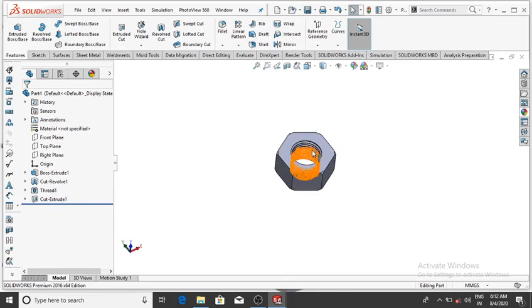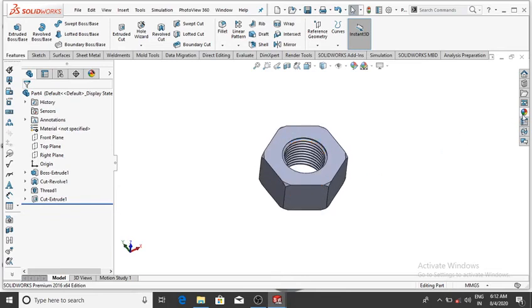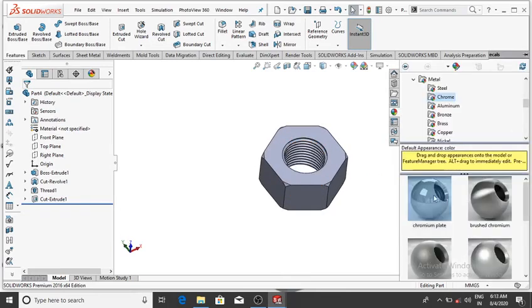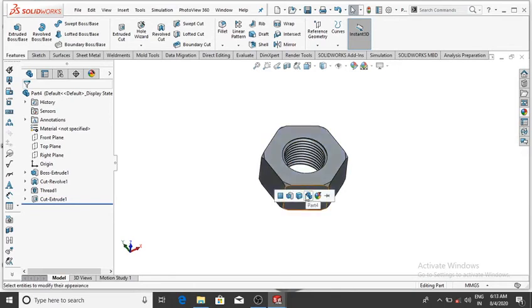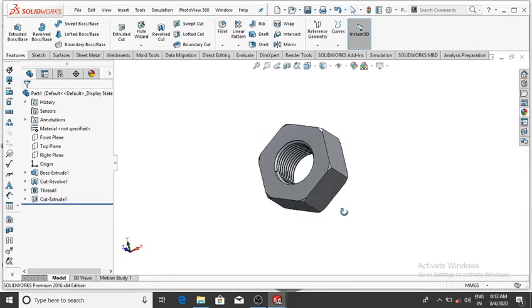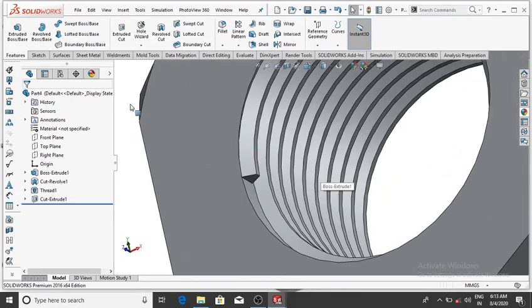And now we apply the material to this nut. So simply go to and select the chrome plate, then OK, it will be selected. And now select this face and make it extrude boss base.